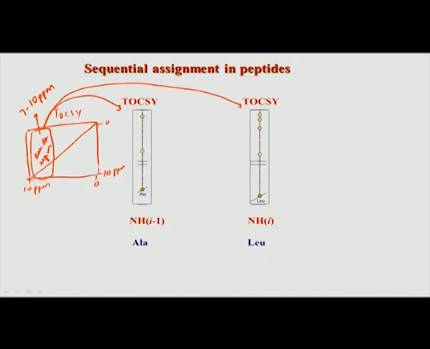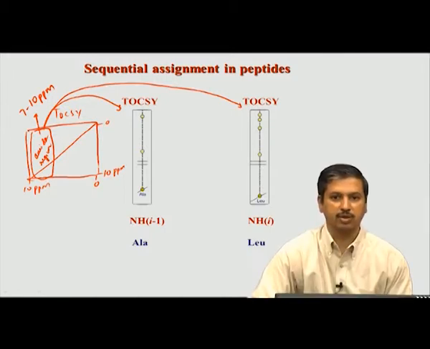For a given residue, let us say i, suppose we have identified the spin system, and we know it is a leucine spin system. Right now in this class we are going hypothetically through schematic drawings, we are not looking at a real peptide. We will see the data from an actual peptide in the next few slides, but right now it is all in a schematic mode. If you look at an amide NH region of an amino acid which is somewhere in this region of the spectrum.